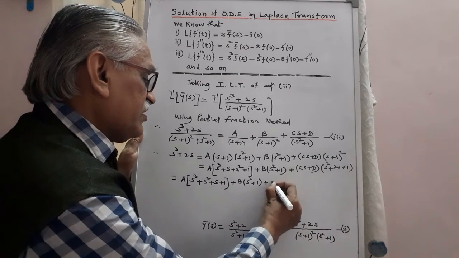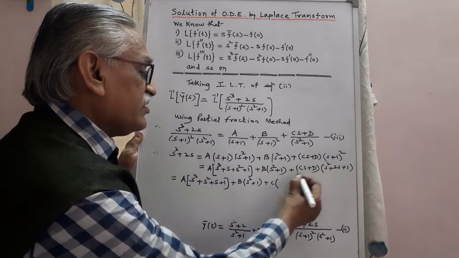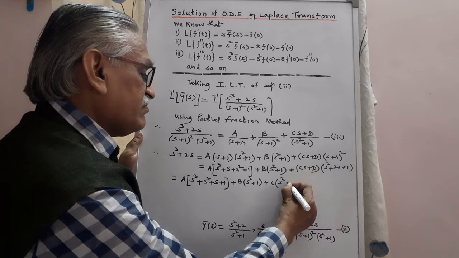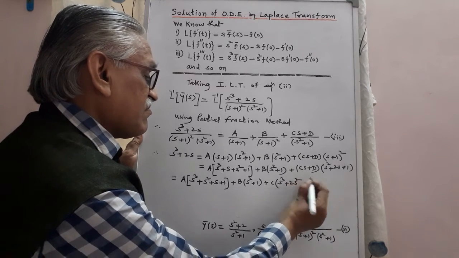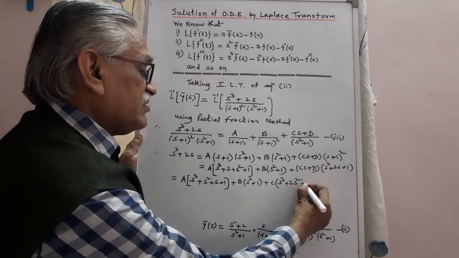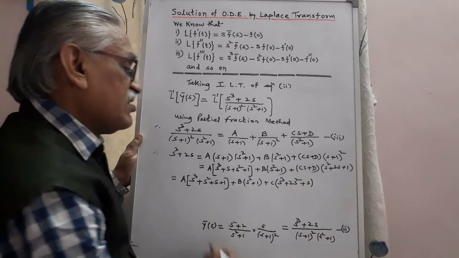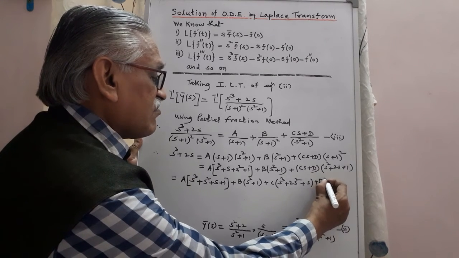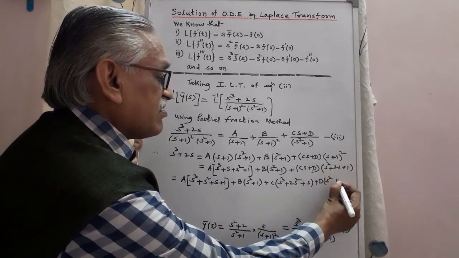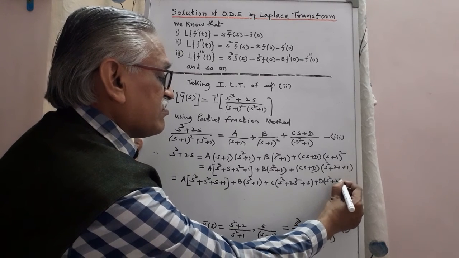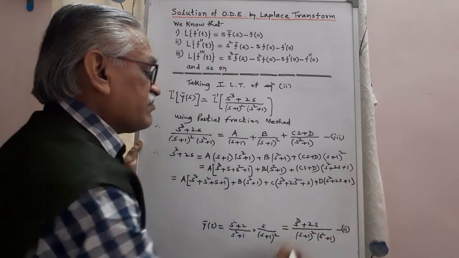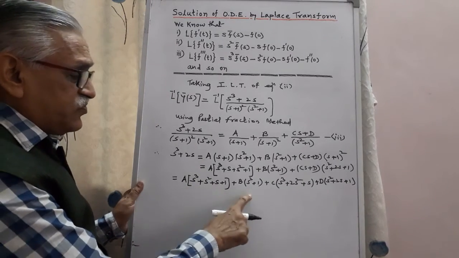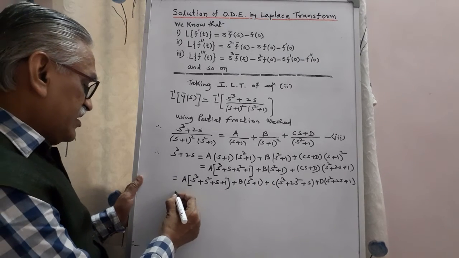I will write down the terms of C. Therefore, s into s cube, 2s square, and s, 3 terms, plus d into s square plus 2s plus 1. Okay, and then collecting the terms of s cube, s square, s and constant term, and therefore